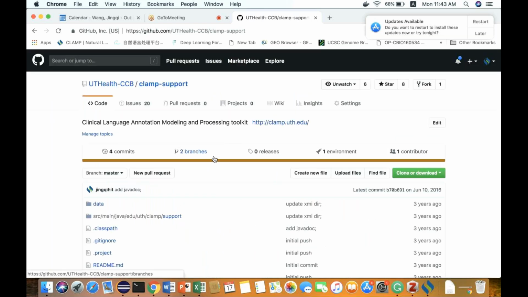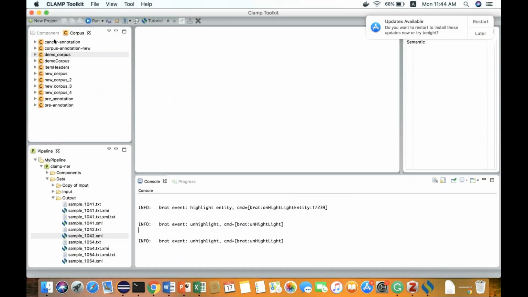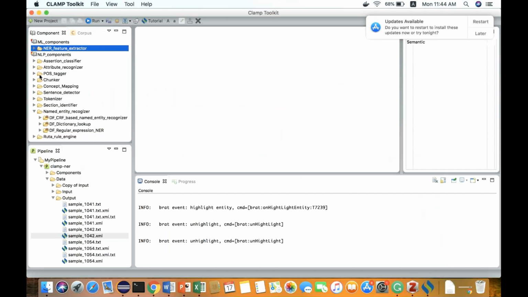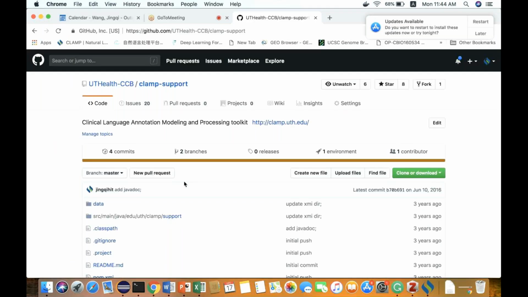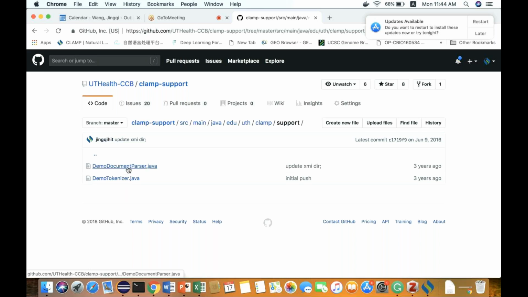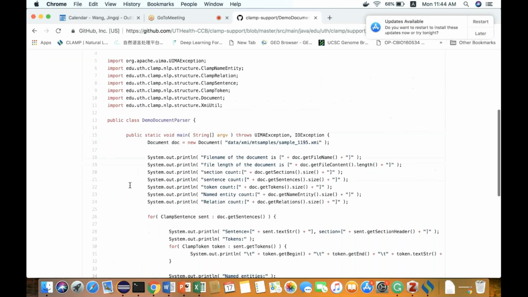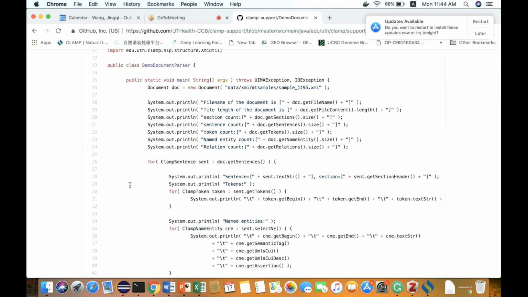So I showed the GUI, the command line version, and then here is how to use CLAMP as a library and call everything from the API, on the API level. Like I demoed, every function available from the GUI is also available from the API, the code. And I have some very simple demos here. Basically, you download the CLAMP NLP, use that as a dependency, and then you can start to use all the API here. This one is showing how to